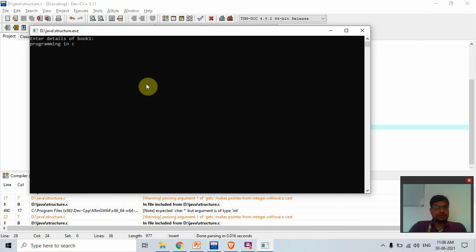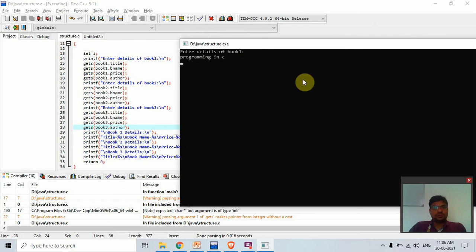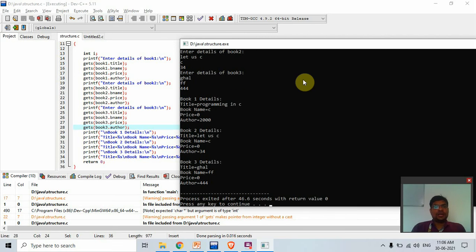Second is name C, third is price, next second book detail. Now it takes the space. Let us see, and the price is, next book detail, and price. So the details of those items are printed here.